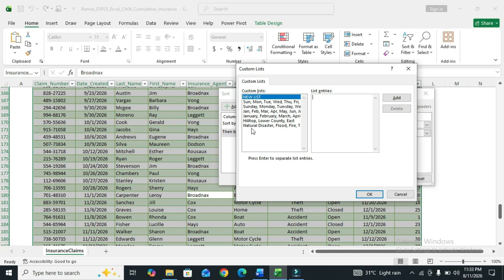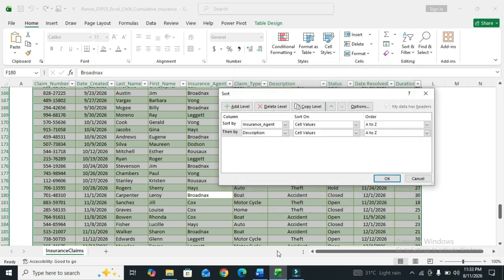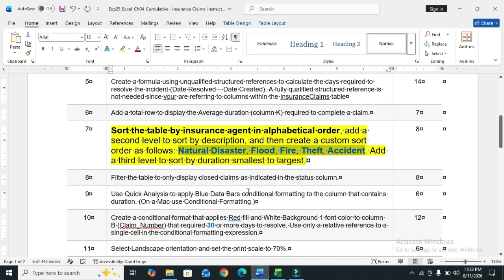So natural disaster, flood, fire, this entry has listed, so click on OK and go to the next level of the step.